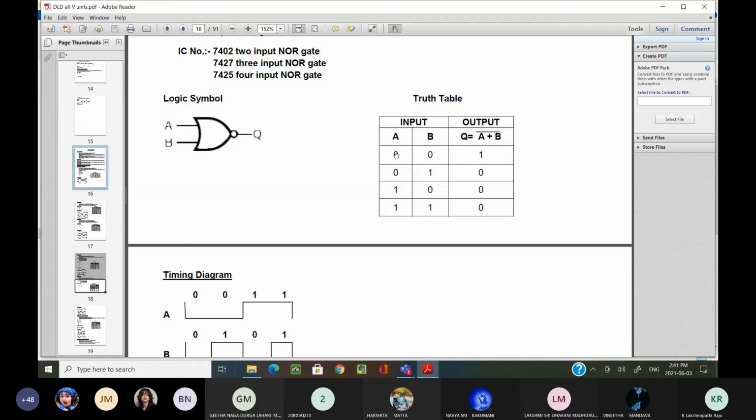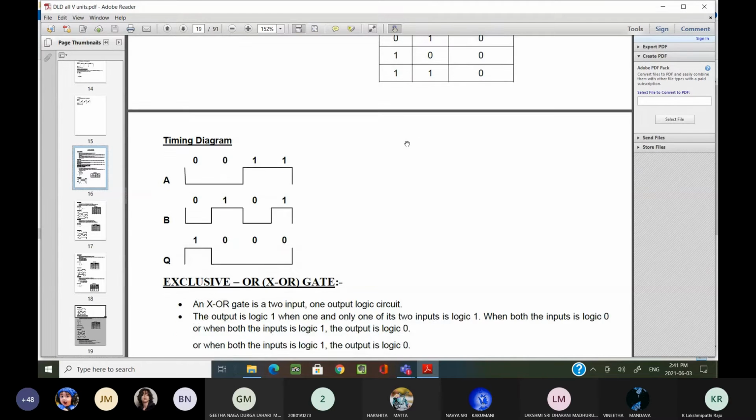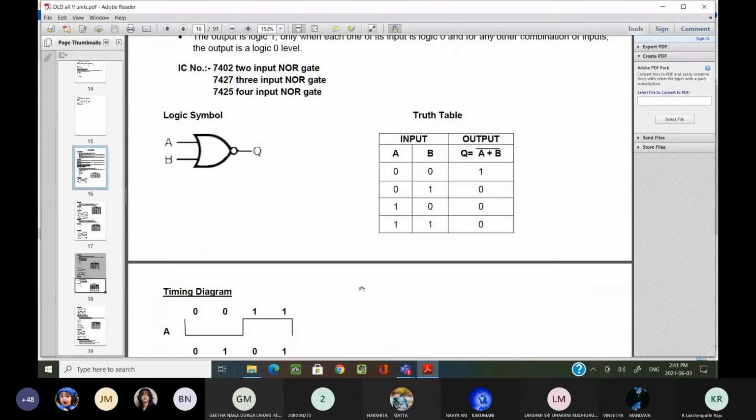Basic gate, AND gate: the logic symbol we are using, the truth table of the AND gate, as well as the logical expression. A timing diagram is not required. Only we want the logical symbol as well as the truth table and logical expression. These are the three important things we have to remember regarding the gates, whether it may be a basic gate, universal gate, or a special gate. Now this is about the NOR gate.